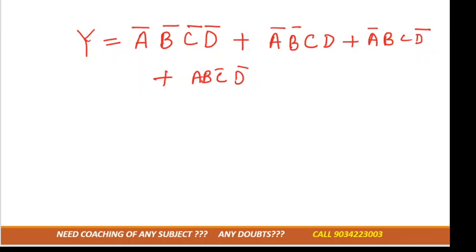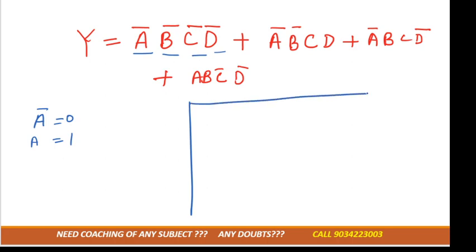Now we'll study how to put this expression into a kmap. Okay. Now we can see how many variables there are. There are four variables, and you know that bar represents 0 and without bar represents 1, right? So we'll draw the